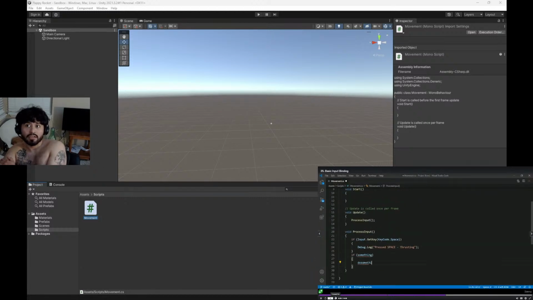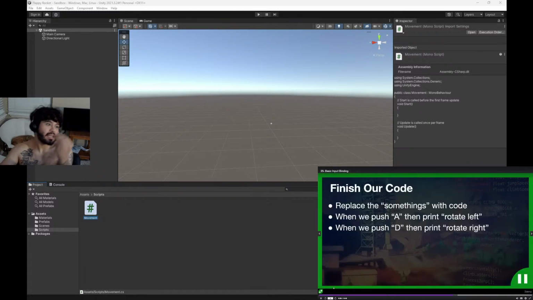So every time you press space, it prints it. And I'll get you to the juice. Get to the meat. Rotate left when we push, get to the meat and potatoes, rotate right. Am I right, chat? And as a bonus,